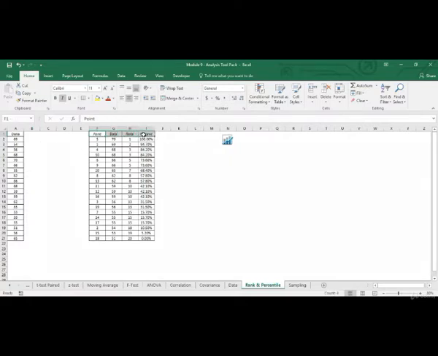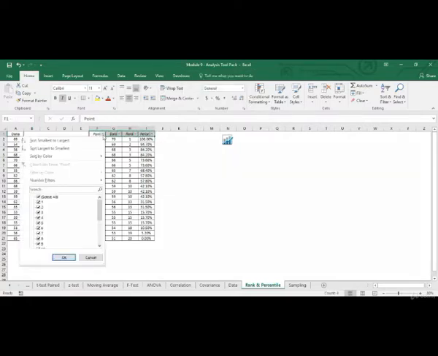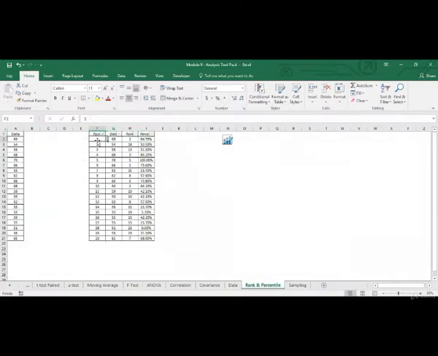So for example, if I apply filters and then sort them, you can see that they are in the same order as what they were appearing in the original data set. But let me just sort them back, remove the filters. Over here I've got the ranks 1, 2. For observations which are of the same value, it will give the same rank and then it will skip the rank after that. So that's why we don't have any observation having a fourth rank. Then we got 2 on 5, then nothing on 6, 7, 2 values having rank 8 and so on.